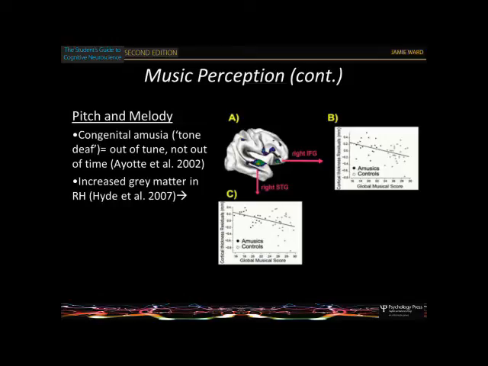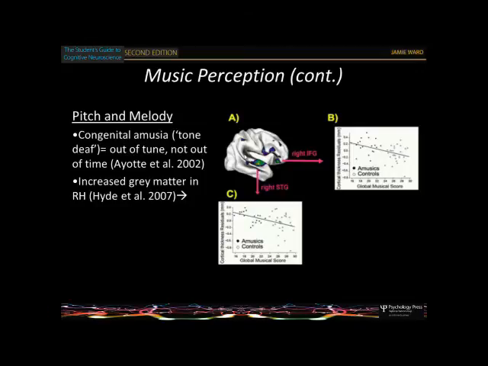Again, it's almost that they can't lay down the patterns in music, but they can process music in some way. So here, this is a test battery of ability to process music. If you're down here, it means you've got a low score, and if you're up here, it means you've got a good score. These people in light grey are normal music perceivers, and these ones in black have problems interpreting music. And again, there's no brain damage as such. But if you look in their brains, you find that there are structural differences.